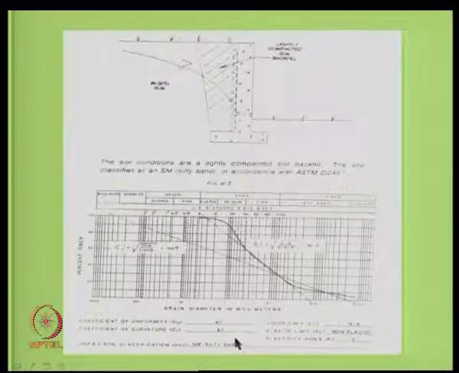You have the grain size distribution properties all there. Coefficient of uniformity is there, coefficient of curvature is given, liquid limit is not there, and it is non-plastic material. Again, the material is silty sand. You try to identify the good backfill, which is supposed to be a sandy material as a backfill, and you do not want to see that it clogs many of the weep holes here. You also provide weep holes, right. So, weep holes should not be clogged. Okay.